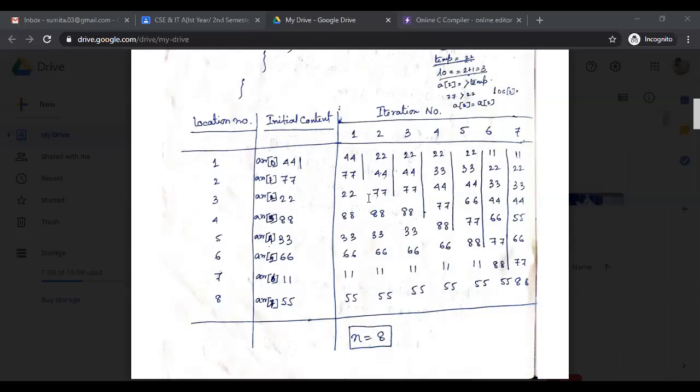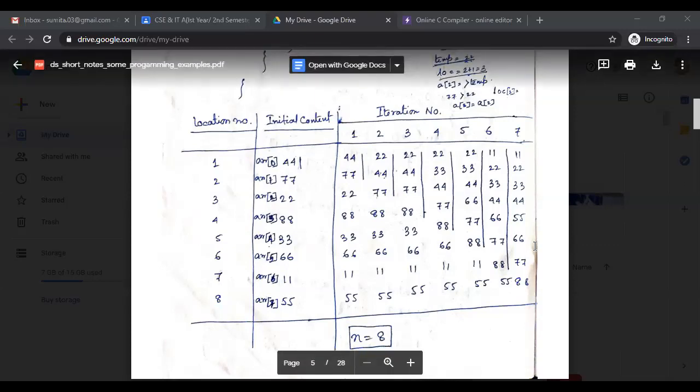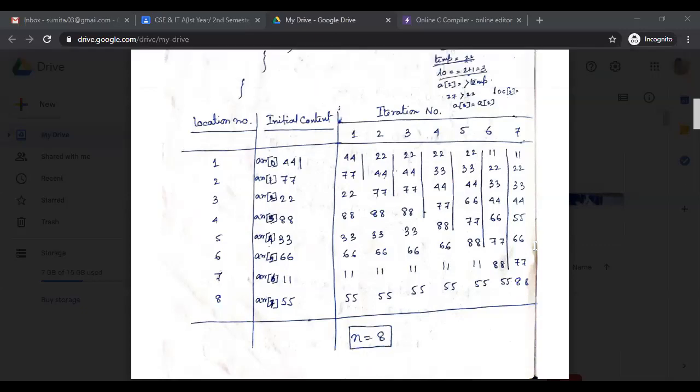Again, my loop is executed for the comparison with ARR0. When ARR1 is compared to ARR0, ARR1 contains 22, not 77. So the comparison between ARR1 and ARR0 means 22 and 44.